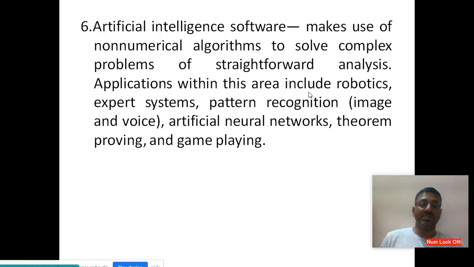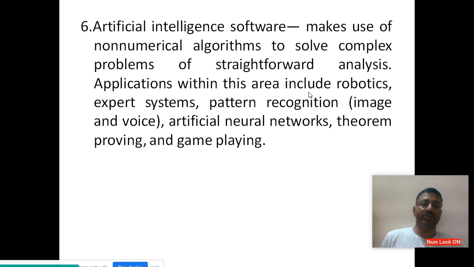Next, artificial intelligence software. It plays a very important role nowadays. Everything moves to artificial intelligence, right? It is going to create machine intelligence. We are going to make a machine intelligent, so that is called artificial intelligence.